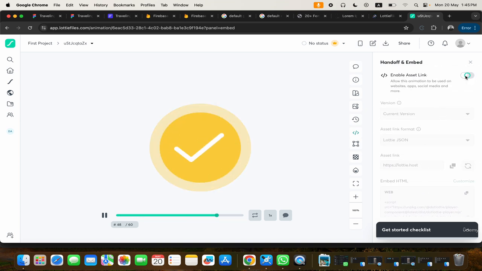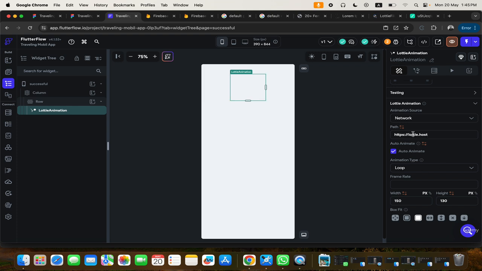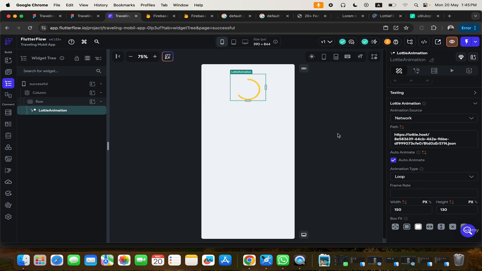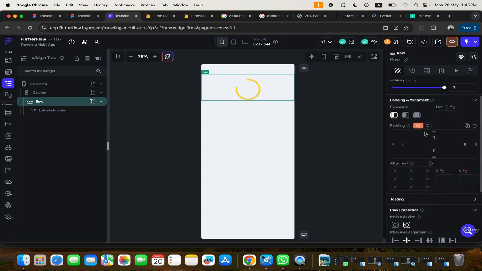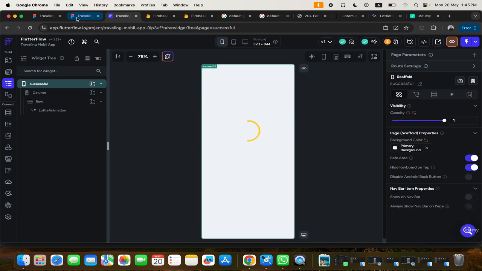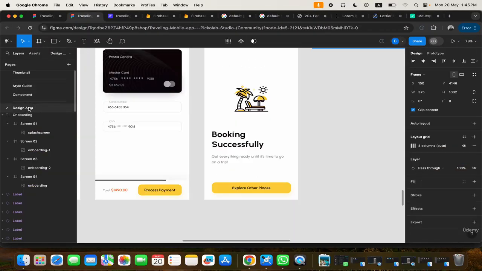Enable asset link. Okay, I forgot to enable that. And now that I've enabled it, I can copy this and I can paste it here. Okay, perfect. So here I can just go ahead and make it 200. Alright, and we can go back to design area and say booking successful, get everything ready until it's time to